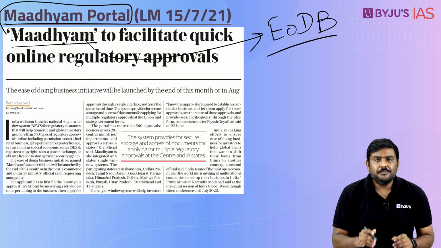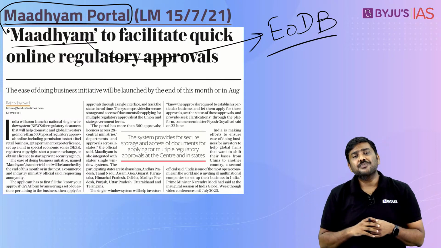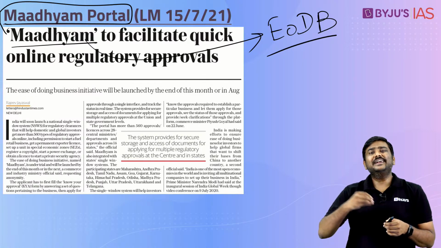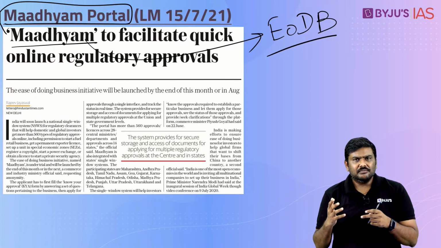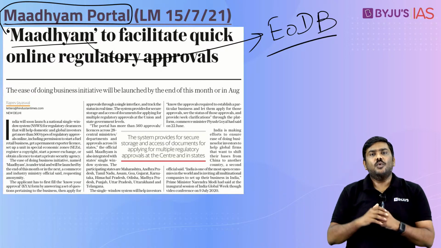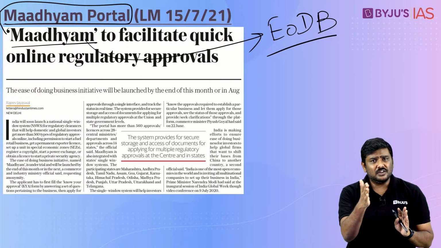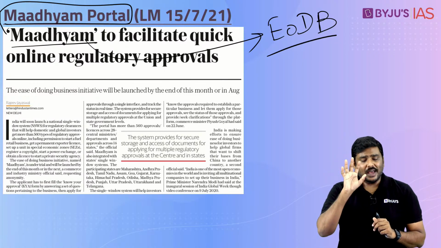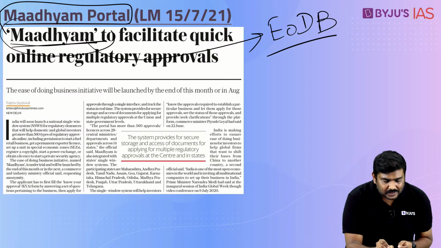If you want to set up, let's assume, a unit within the SEZ, if you want to open up a retail fuel outlet, if you want to get a license for exporting, you will have to go through a particular regulatory process like this. What Government of India says is, we will make it much easier for you to get these kinds of regulatory approvals. As of now, please understand this, the article simply says the Government of India in the next month is